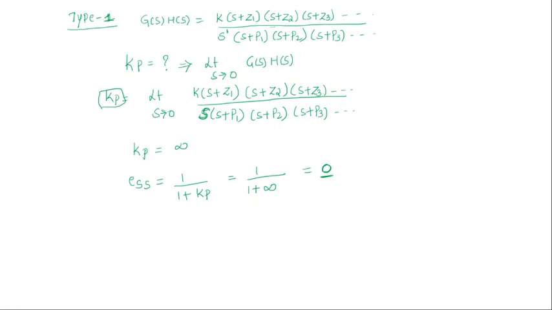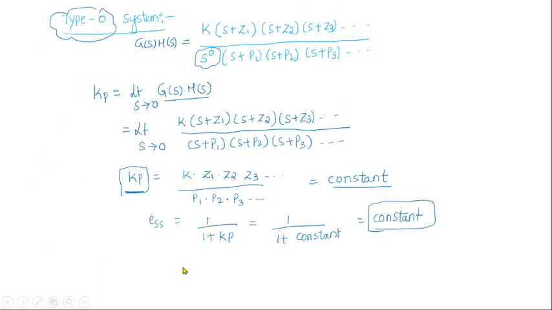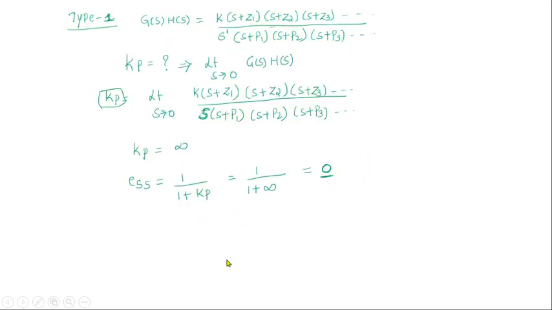So in this way, we are calculating the steady state error when the input is unit step. When the input is unit step, we are getting the steady state error ESS equal to 1 by 1 plus Kp. And for type 0 system, we are getting the constant. And for type 1 system, we are getting the